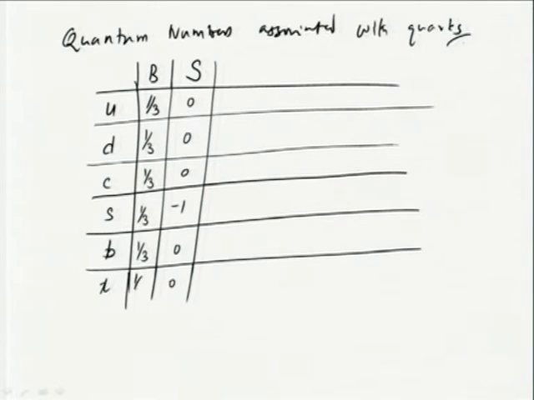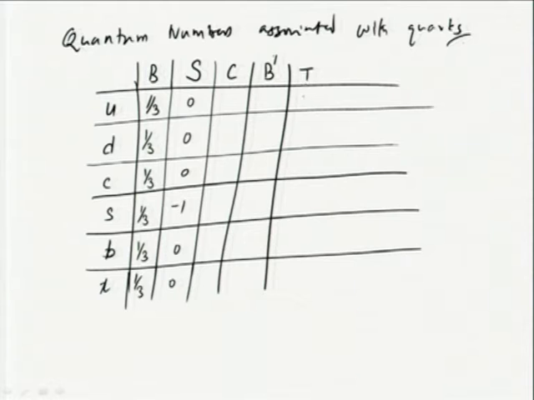Bottom and top will not have any of this. In the same fashion, we can also talk about bottomness, since the letter B is already taken up by the baryon number. We will put B prime as the bottomness, and you can also talk about topness. So, you can see that the C quark will have charmness 1, and the S quark and all other quarks have 0